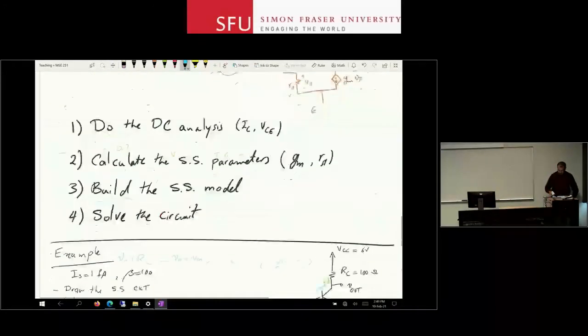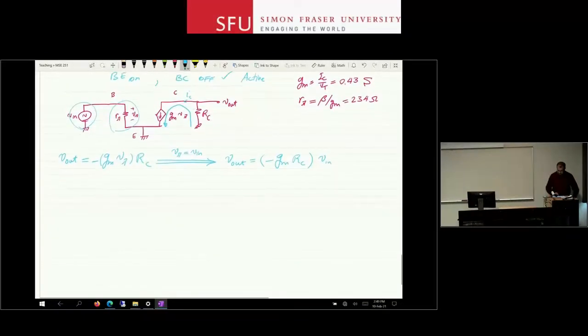IC over VT. And let's see what we got here. If I go and expand this and I say GM is IC over VT, but this is the DC IC current, right? Times RC with a negative sign in front of it, times V in. We are back to where we were at the very beginning of the lecture. But it doesn't look like we've saved a lot of time by doing the small signal analysis here, but hopefully